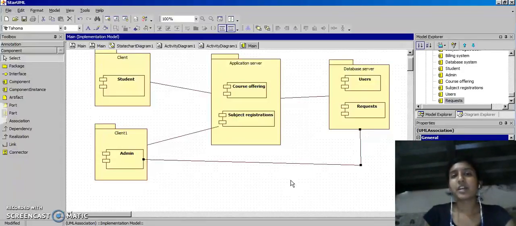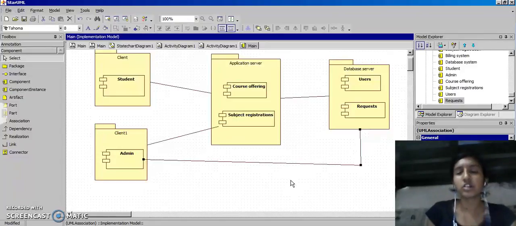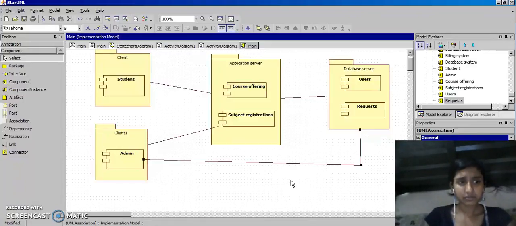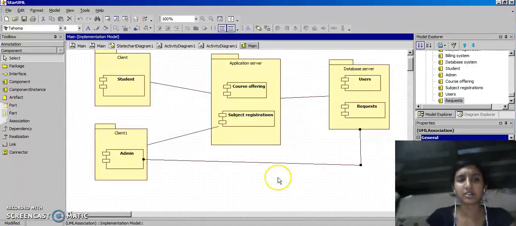So what is a deployment diagram? A deployment diagram is nothing but a UML diagram that is used to represent the hardware components of an application. Now a deployment diagram is closely related to a component diagram, but the only difference is that a component diagram represents the components and the deployment diagram deploys the hardware components of an application or of a model. So it's very simple. It's going to represent the hardware